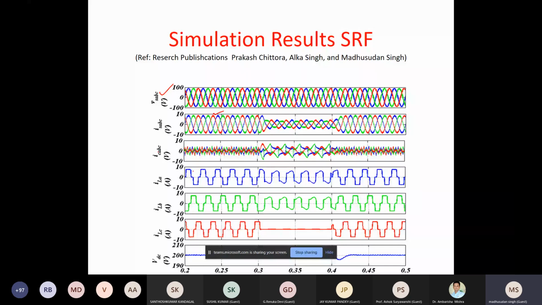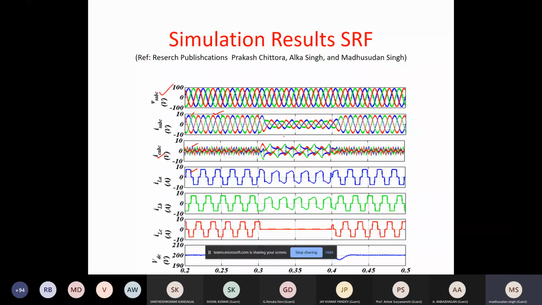So suppose this blue color is the load current, the phase A load current. You see the compensator current. If you add these two, it will make the sine. It means what is missing in a square to make it sine, that is all provided by this compensator. So you'll see that this compensator is basically able to create the necessary component which makes the source current sine. So it's not only compensating, it is making the source current sine, but you see the source current is also